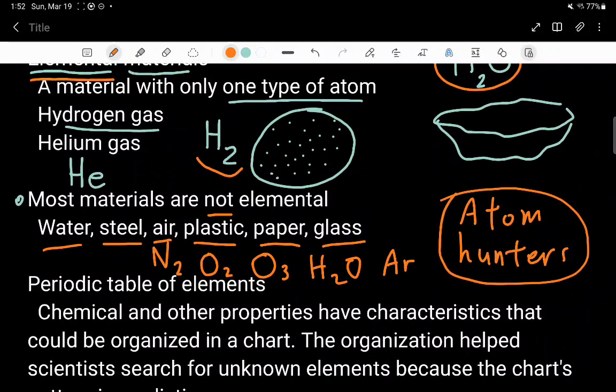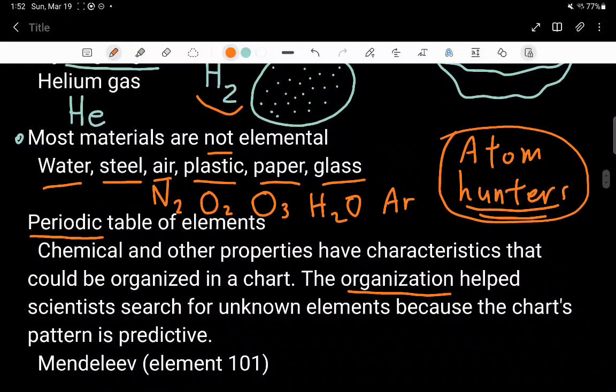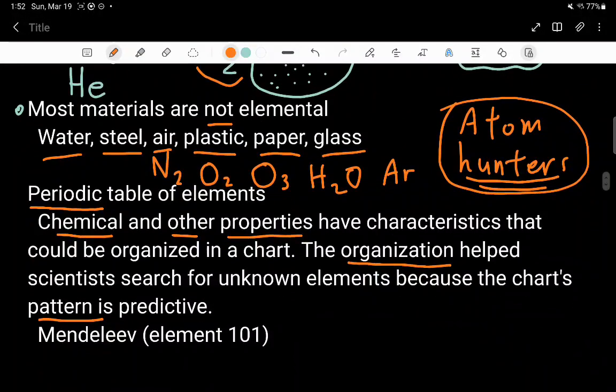As they were discovering more and more different types of these elemental substances, they were noticing a periodicity, an organization or pattern. They noticed this pattern in the chemical properties, as well as some other properties, but mainly the chemical properties of the elements that they knew of. And there was this person long ago named Mendeleev, a Russian scientist,